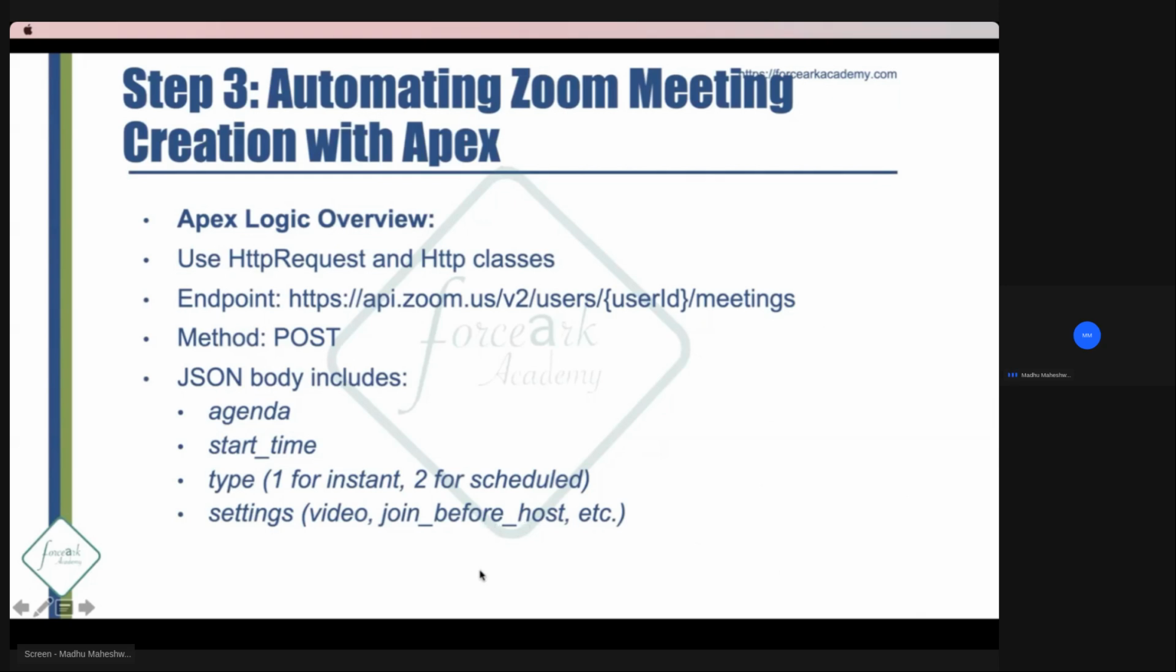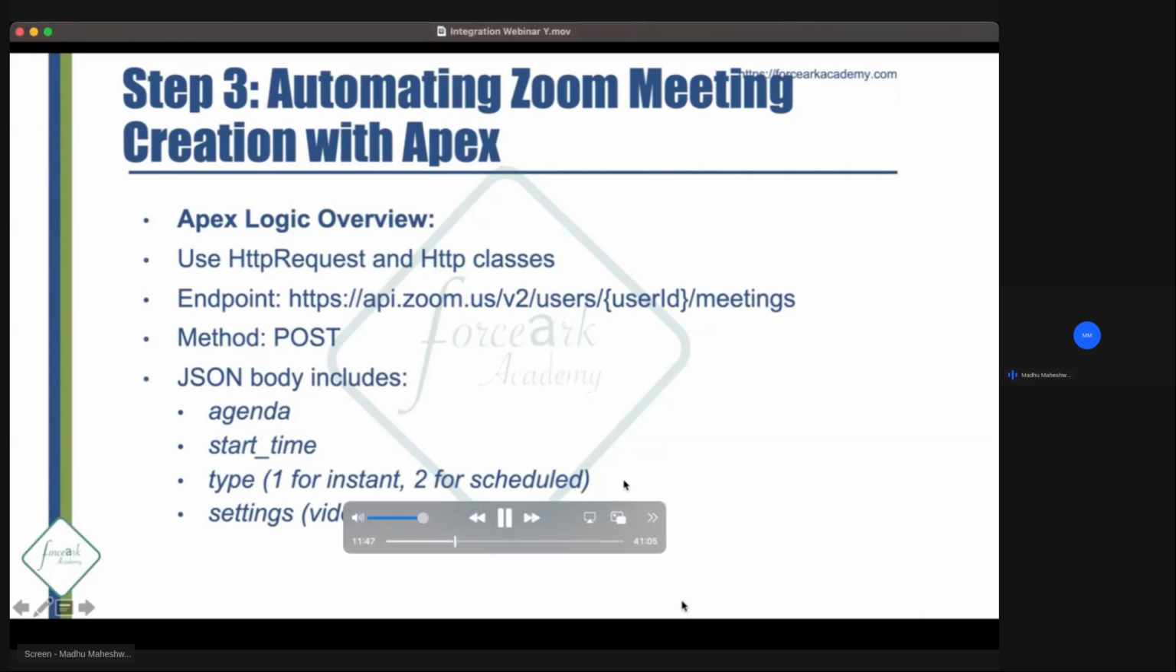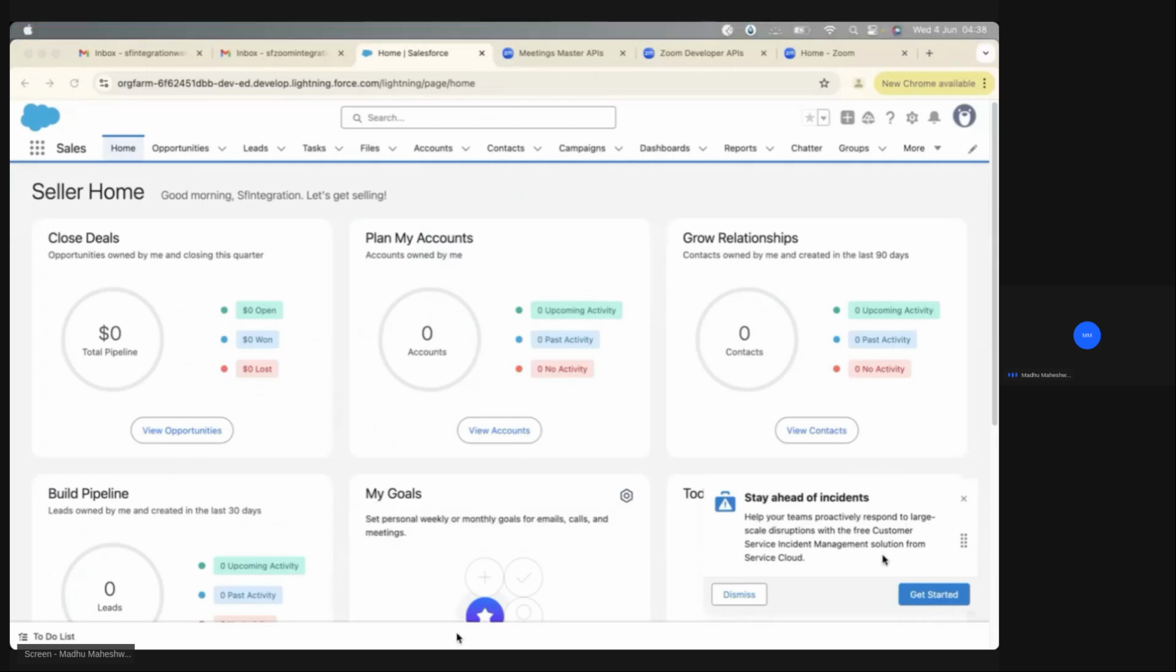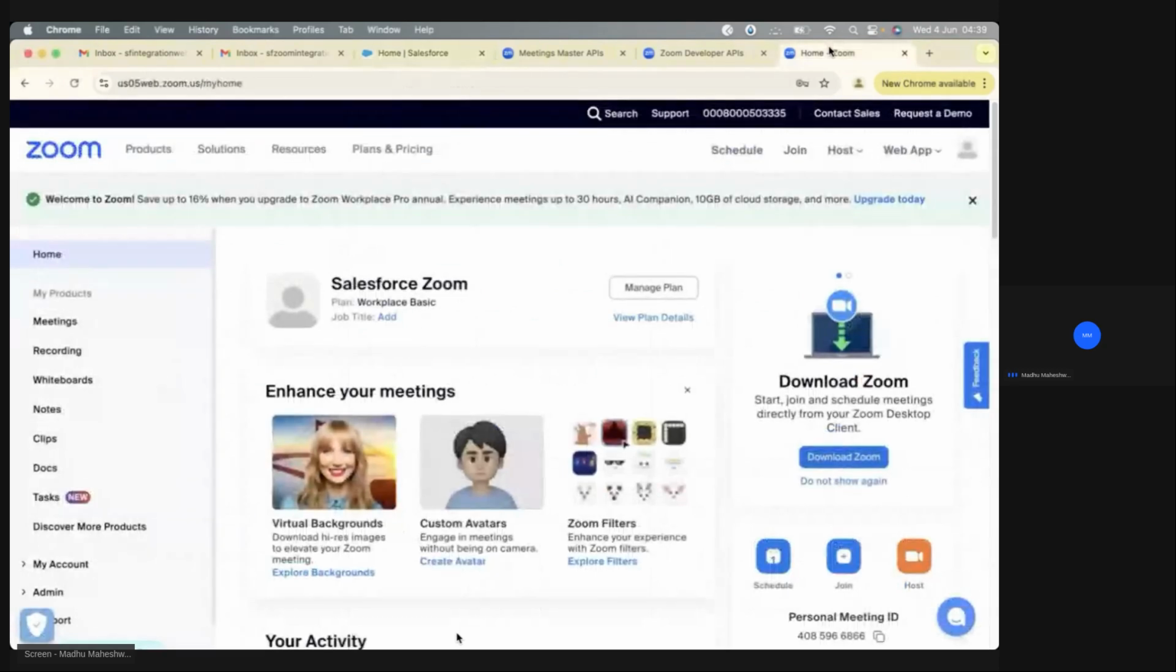Okay, I have created this Salesforce org for this particular demo purpose. This is the Zoom Marketplace. Okay, let's start with the demo. So this is my Salesforce org. I have created this Salesforce org for this particular demo purpose. This is the Marketplace Zoom